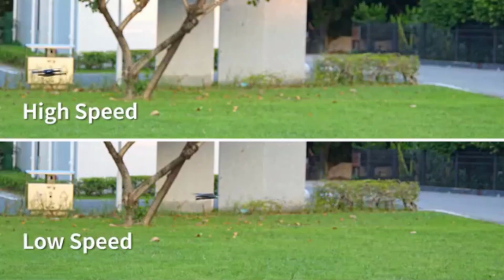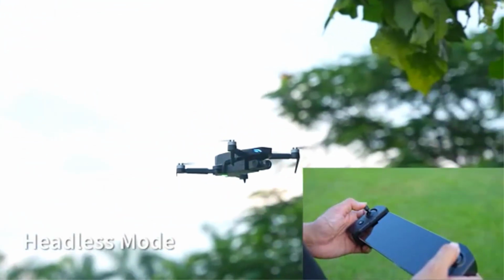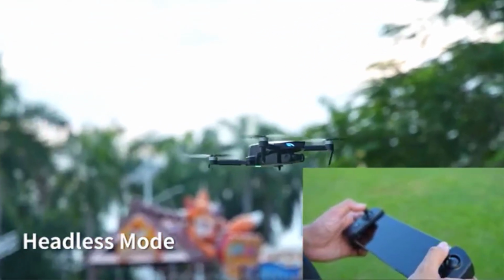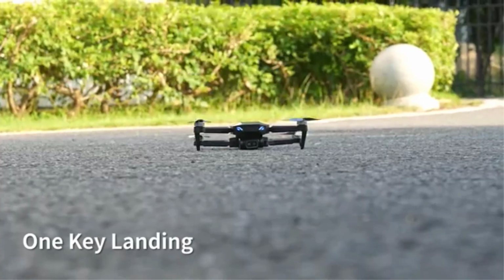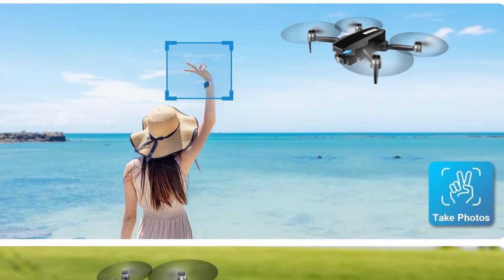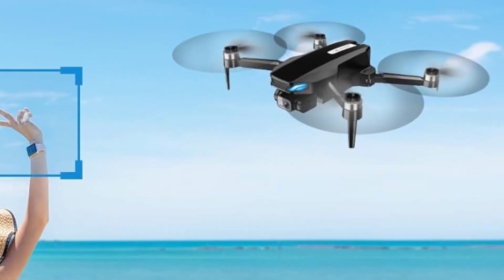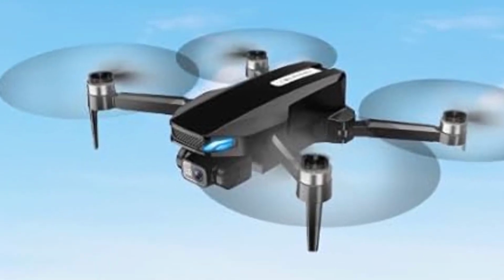Its lightweight construction and safety features, such as propeller guards, make it safe and suitable for kids and novice flyers. In summary, the drone with 2K camera is an excellent entry-level quadcopter that balances ease of use with advanced features. Whether for aerial photography, learning to fly, or simply enjoying the fun of piloting, this drone caters to users of all skill levels. Its robust performance, portability, and beginner-friendly features make it a versatile and enjoyable choice for families, kids,